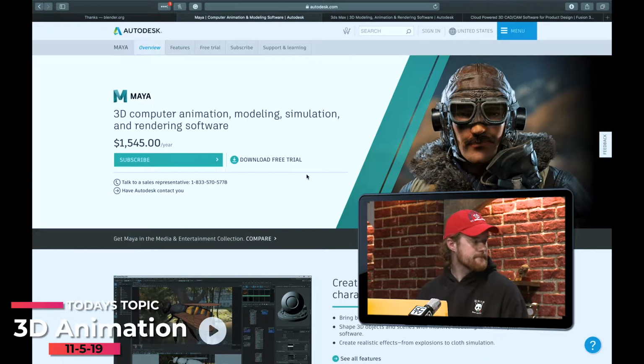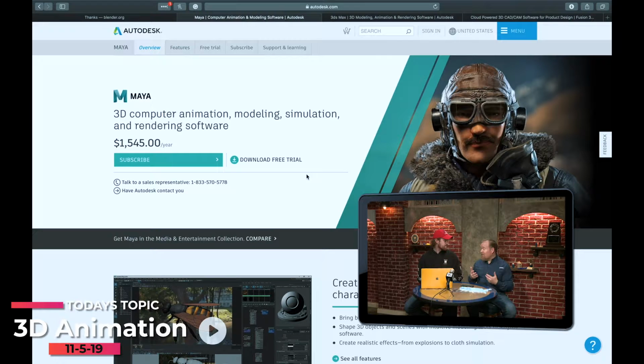Yeah, our goal whenever possible is open source software, but this is still a good one. Right. And it's one that we use a little bit. Right. And I do have an open source software as well that I personally recommend over them all, but I would like to show the industry standards before I go into that.